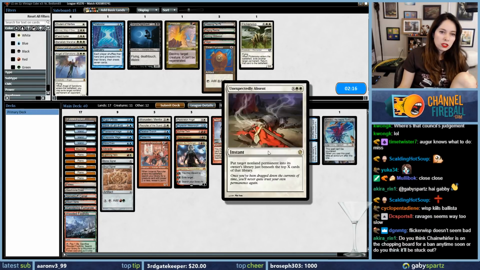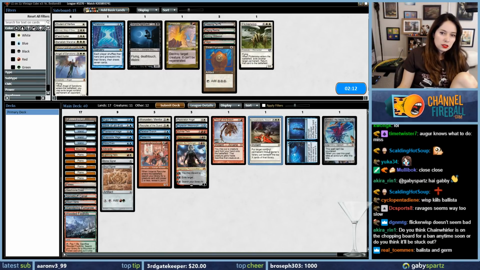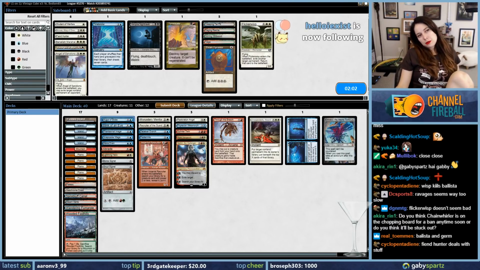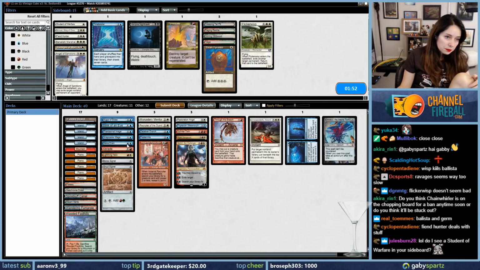What will we take out? Ooh, Unexpectedly Absent is not terrible. Ballista and Germ? Yeah. Fiend Hunter deals with stuff. It seems like they have some ways to kill a Fiend Hunter. I am not such a big fan. I think I'd rather Flicker Wisp. We do want to make one cut to make room for this Flicker Wisp, though. We can take out...